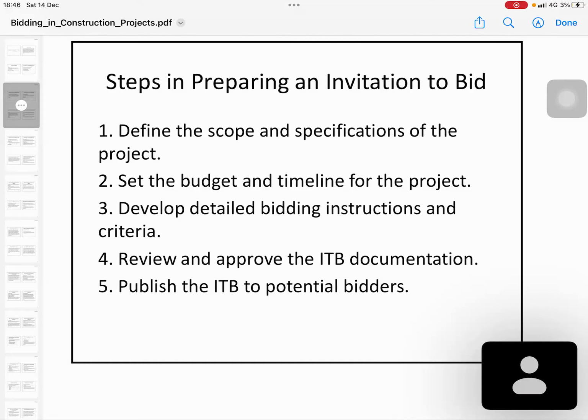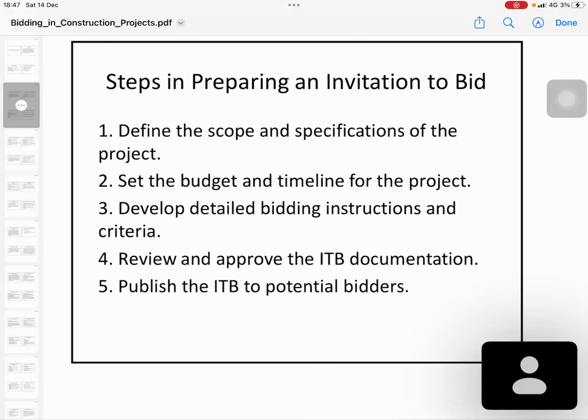So if you are going to build an Olympic Stadium, you have a time for the Olympics of 2 years. You have to mention, so I want to do this within 20 months. You have 2 years to host the Olympics, but you have to give 20 months because you have to pre-commission everything now. So you have to give the timeline and budget. So what will be the cost,